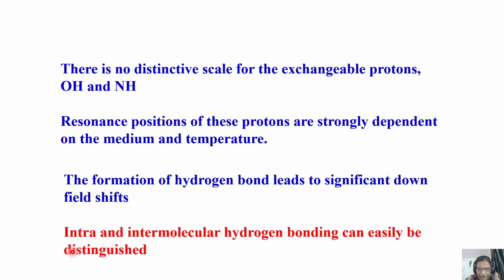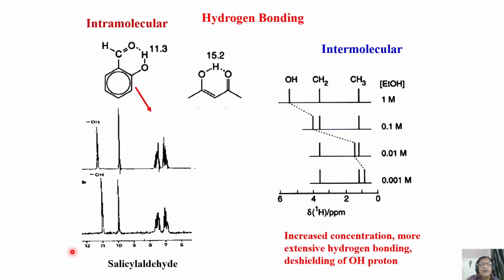Otherwise, simply remember, if there is hydrogen bonding in your molecule, weak molecular interactions, you can study by NMR because a hydrogen bonded proton moves downfield. A significant downfield shift will be there. Okay, so this is a simple example. When a molecule like this forms an intramolecular hydrogen bond with the OH, then how does the peak move? There is very little drift.